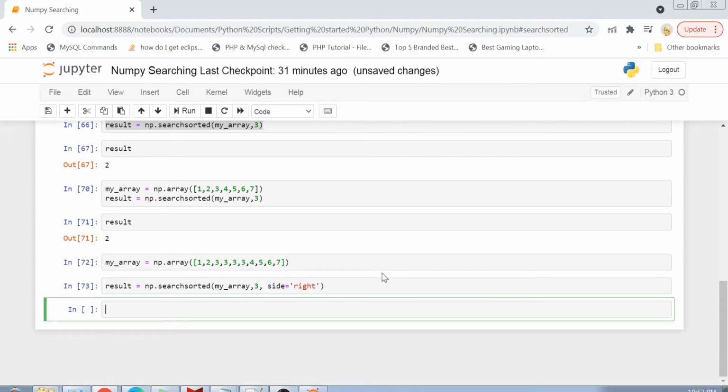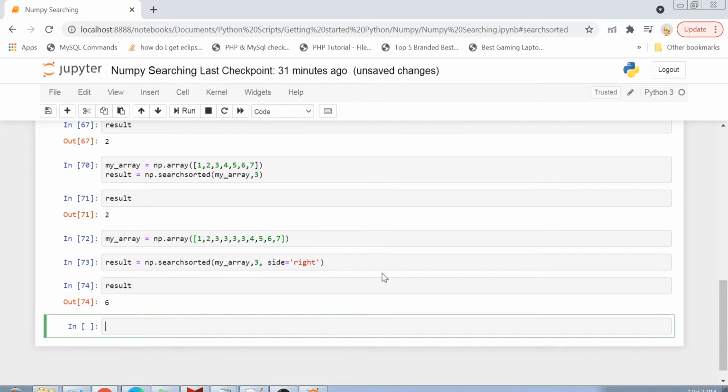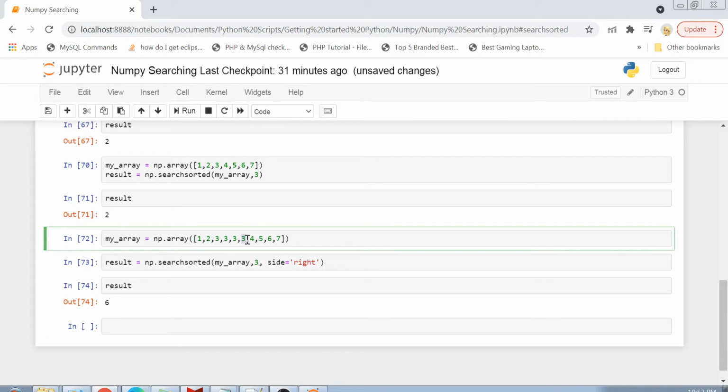So you will see that the index starting from the right is 6. This was 7, 6, 5, 4 and 3. So 3 was last observed on index number 6. So 0, 1, 2, 3, 4, 5, 6. So 3 was basically observed on index number 6 starting from the right.